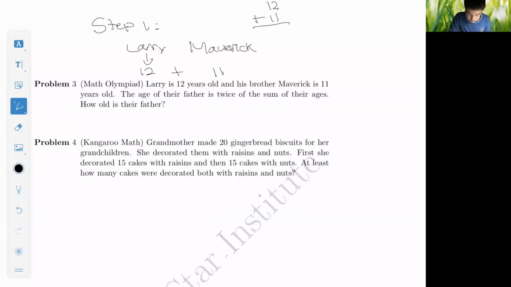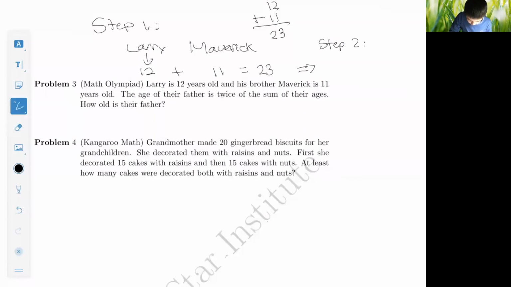We first consider the units digit. 2 plus 1 equals 3. 1 plus 1 for the tens digit equals 2. So the sum of these two ages is 23. It is said that their father is twice the sum of their ages. So we have